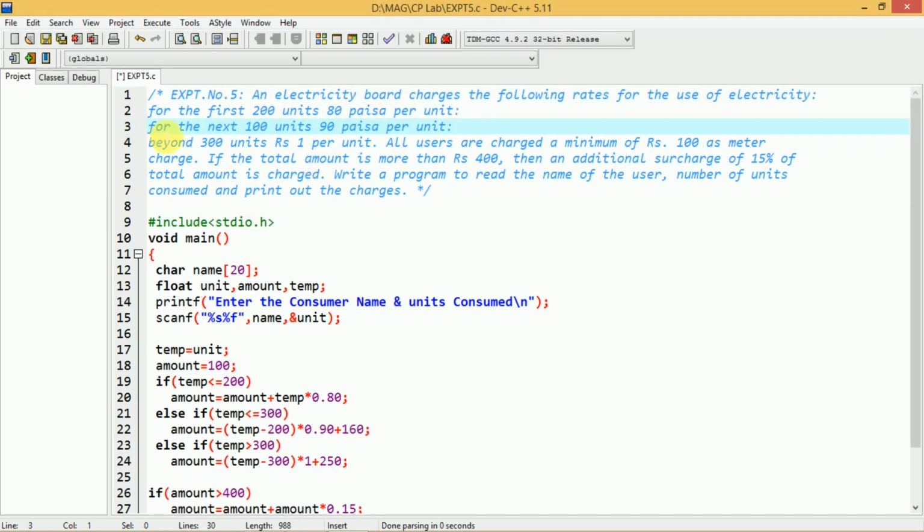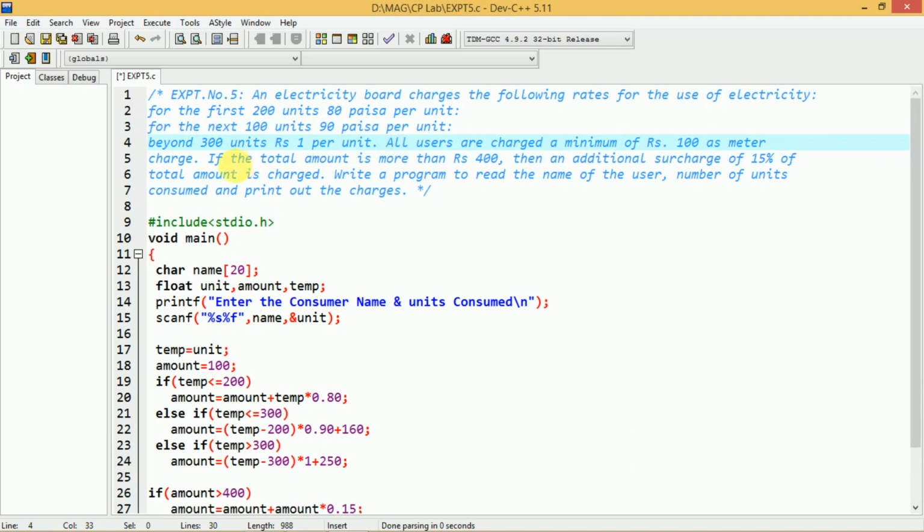After that, for the next 100 units, that is from 201 to 300 units, the charges are 90 paise per unit. Beyond 300 units, the charges are rupees 1 per unit.